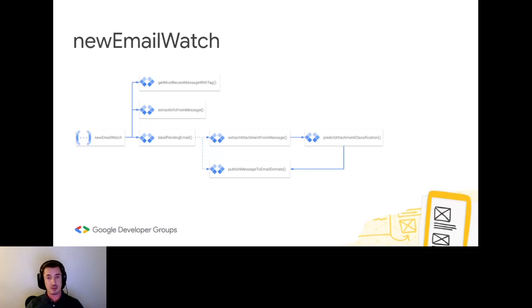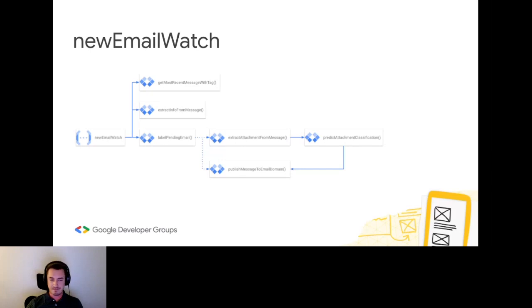So we can get that most recent message with that tag, and we'll be able to extract details. We extract the info from the details and we label. First things first, always label. It's actually a change there. We get that most recent message, we label, and then we extract the info.